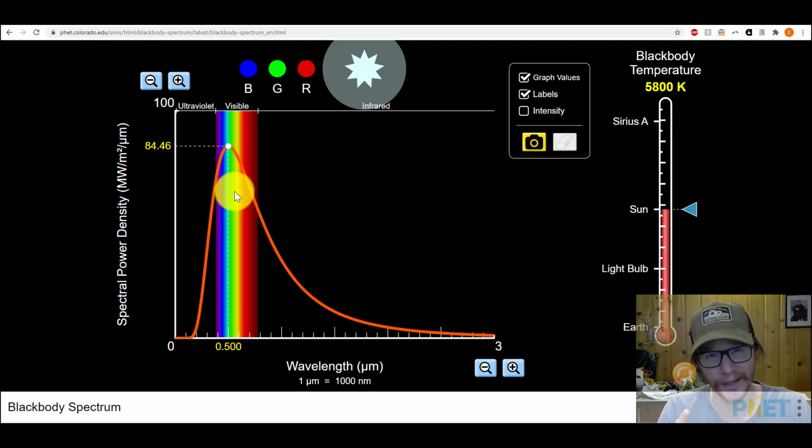In fact, they only contain three, and they lie to our eyes and convince us that it looks like white light, when in fact it's just carefully engineered blue, green, and red bands, singular atomic bands that we're seeing. I'll talk about that, but this is considered broadband light. Any blackbody emitter is considered broadband light for this reason, because it's emitting over a continuum of wavelengths that are associated with the spectral power density here, or the distribution of